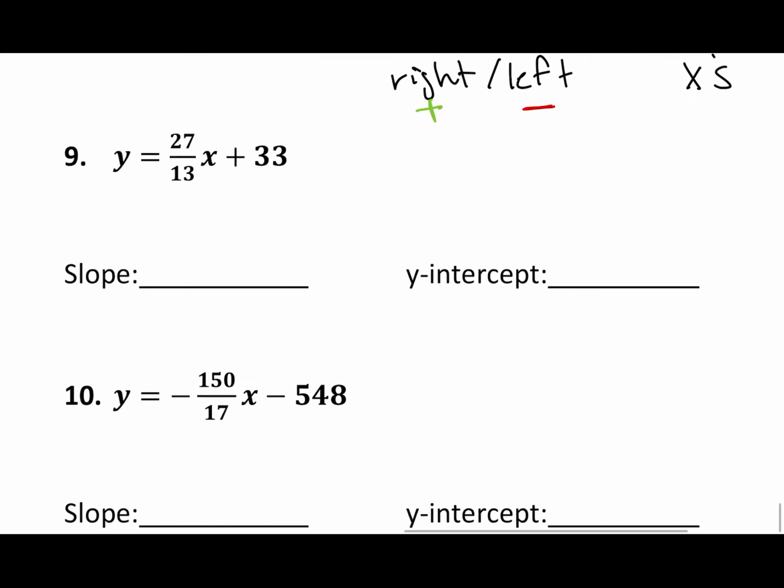Looking at number 9 here, this is where I start using ridiculous numbers. We have y equals 27 over 13x